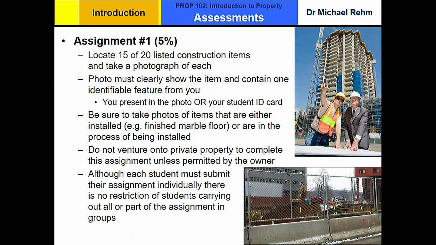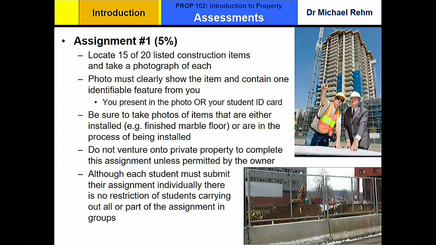Or if it becomes too difficult to take your picture with it, then you could use your student ID and take your picture like that, okay? I'll show you some examples. It's an individual assignment technically, but I always encourage students to do it in groups. If literally all of you can coordinate to do a picture with every single one of you in there, then you can all submit the same picture for that item. If you could pull that off, I'd be very impressed.